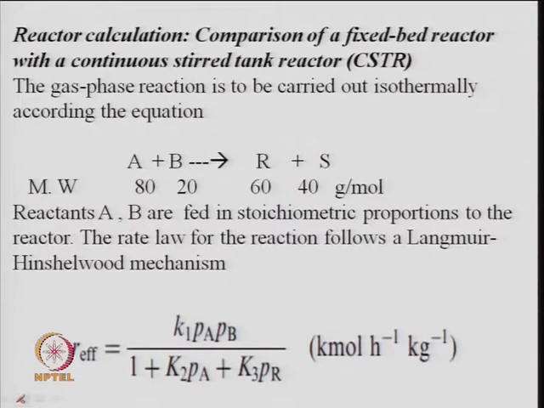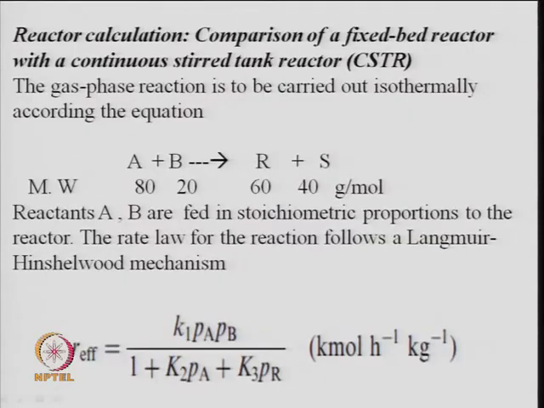That has been given because we have discussed this earlier. When we write this kind of mechanism, we say that there is the adsorption of A on the catalyst, there is adsorption of B on the catalyst, and then they transform into some adsorbed R species and S species in the surface reaction, and then finally this product desorbs. And assuming surface reaction is the rate controlling, we write a mechanism, and there can be different kinds of postulation, which we already discussed, to derive the rate, which is a Langmuir-Hinshelwood.